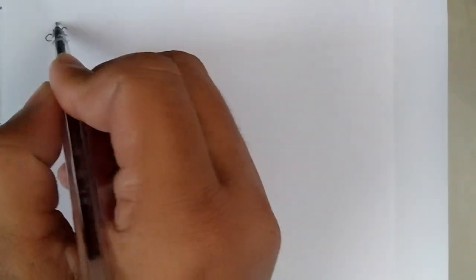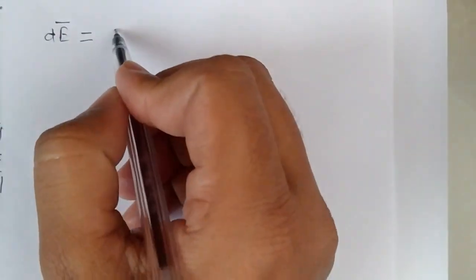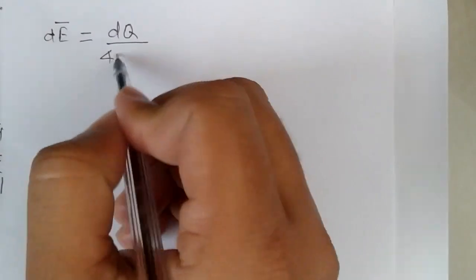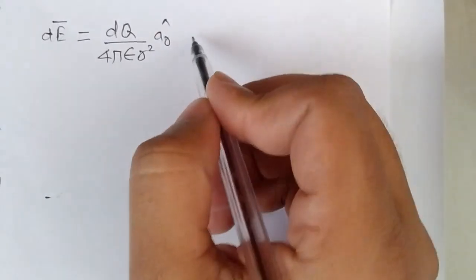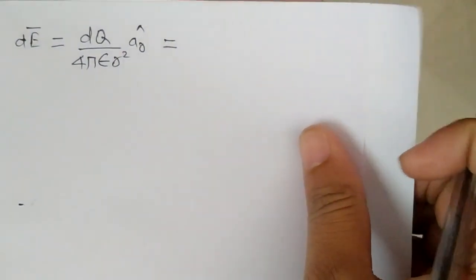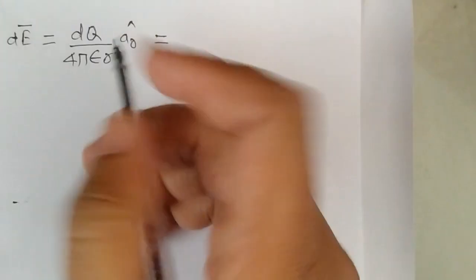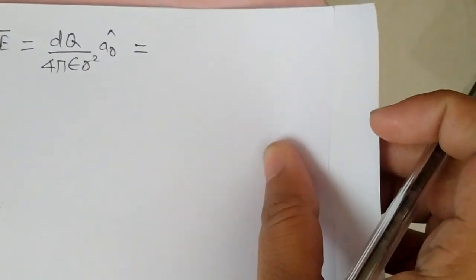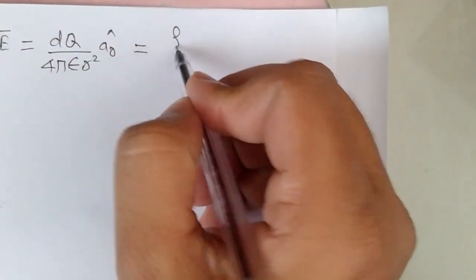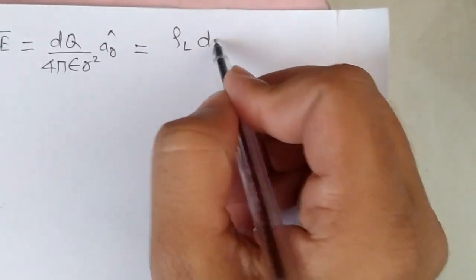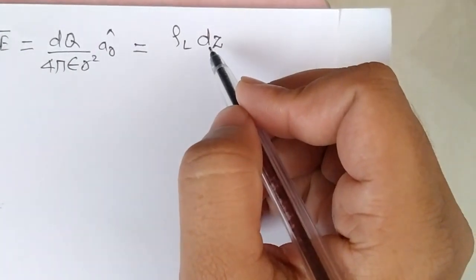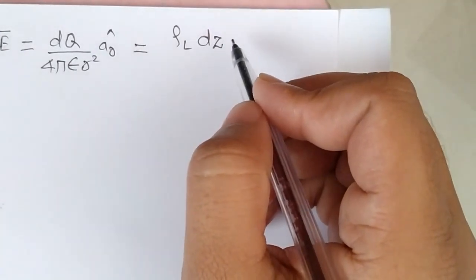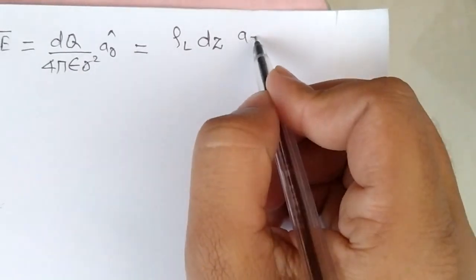Substituting all the values, once again I will write dE bar equals dQ upon 4 pi epsilon r square into a_r cap. So substituting the value of dQ as rho L into dZ into a_z cap,